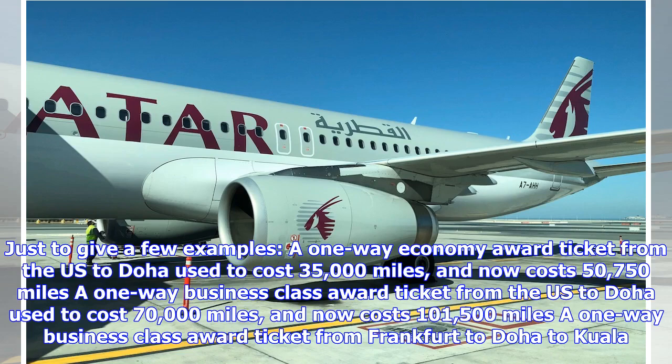Just to give a few examples, a one-way economy award ticket from the US to Doha used to cost 35,000 miles, and now costs 50,750 miles. A one-way business class award ticket from the US to Doha used to cost 70,000 miles, and now costs 101,500 miles. A one-way business class award ticket from Frankfurt to Doha to Kuala